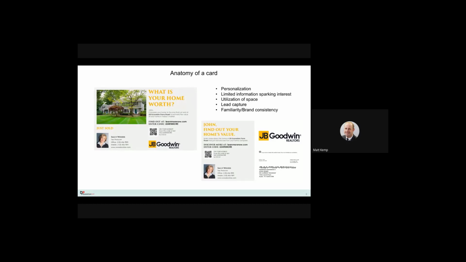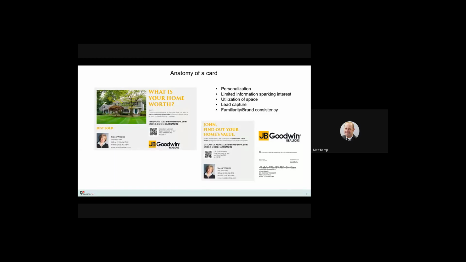Also, we utilize the space intelligently. It's very in line and very on brand for JBGoodwin. So everything that JBGoodwin puts out into market from an enterprise or brokerage level, the messaging is consistent. Everything has the same look and feel. Whenever you jump online and go through your template gallery, everything has the same branding elements, and that's important to